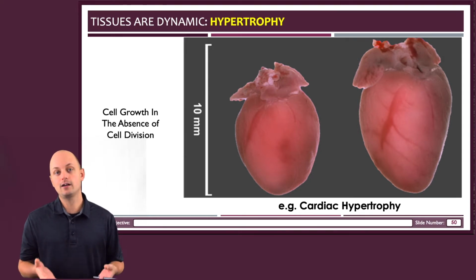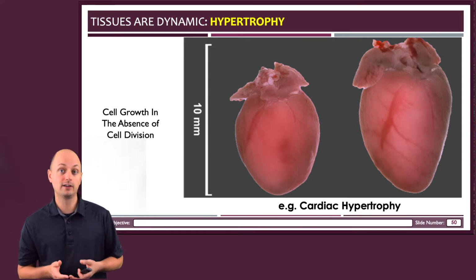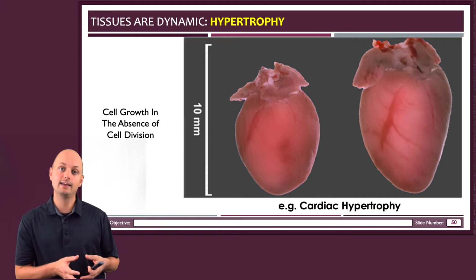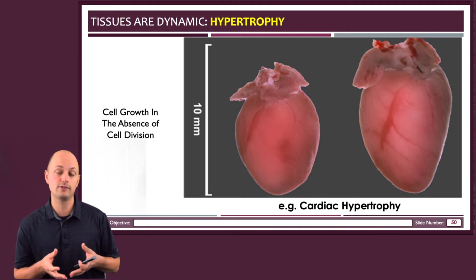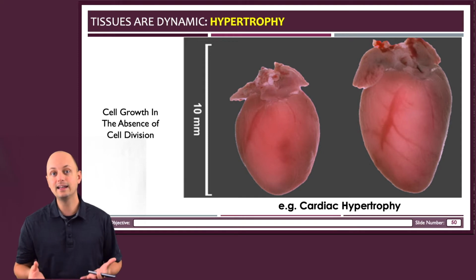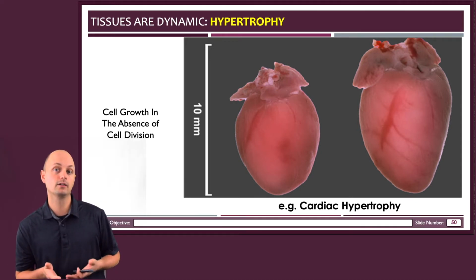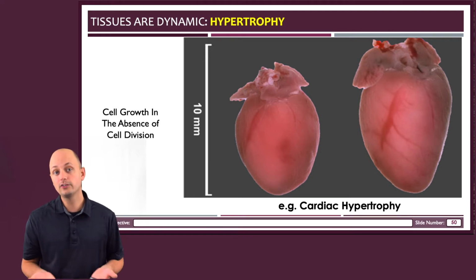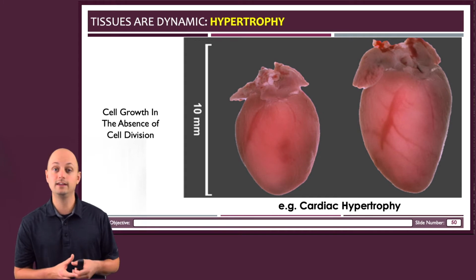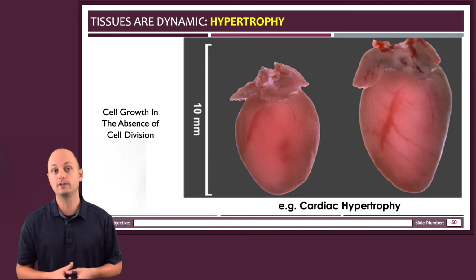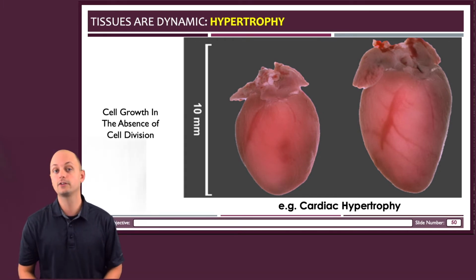So you'd also see cardiac hypertrophy in someone who is experiencing heart failure. In that case, their cardiac muscle cells grew larger because they were trying to compensate for the fact that the heart was failing and no longer working as efficiently. But in that case, while the cells are bigger, they're actually weaker as opposed to being bigger and stronger. And actually, one of my research interests is to try to understand the difference between cardiac hypertrophy in athletes and cardiac hypertrophy in heart failure patients. But there's still a lot of details that we don't know.